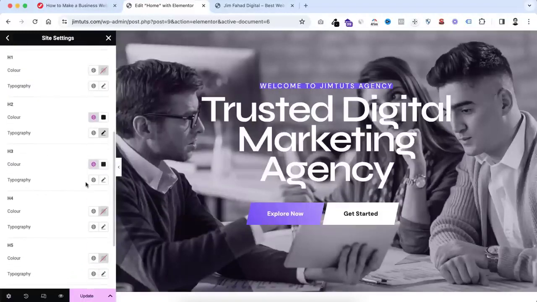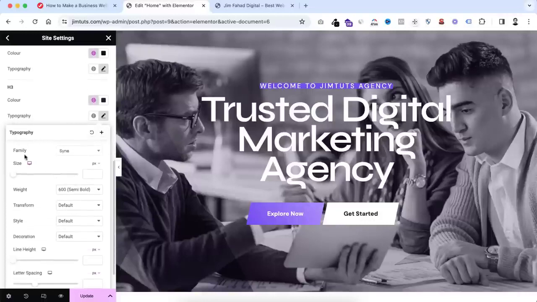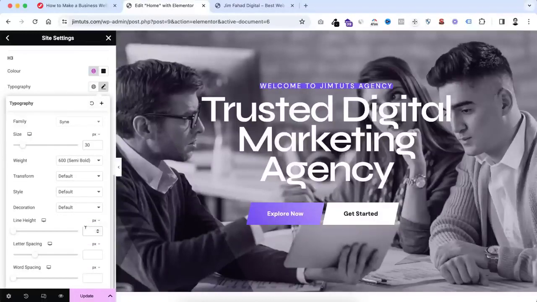Then from here, typography, I'm giving it primary, not secondary color, because I want that scene font here as well. So I'm selecting primary. Now from this place, you see the font family is scene. Here I wanna make the font size 30 pixel. Then here I'm making the line height 36 pixel. And similar like before, here I'm making it em, and that would be negative 0.05